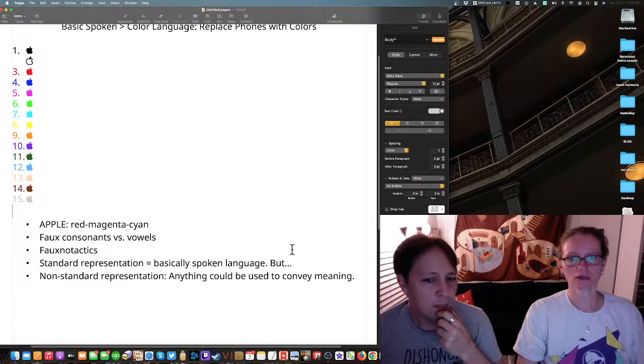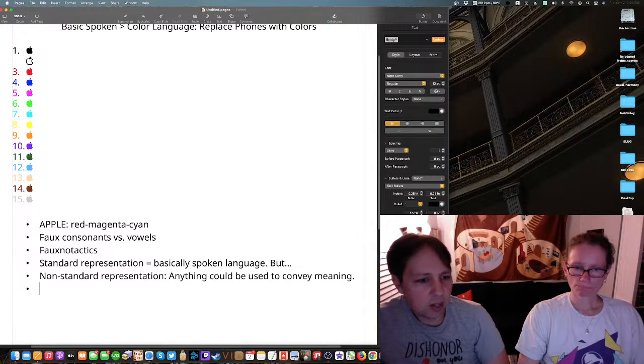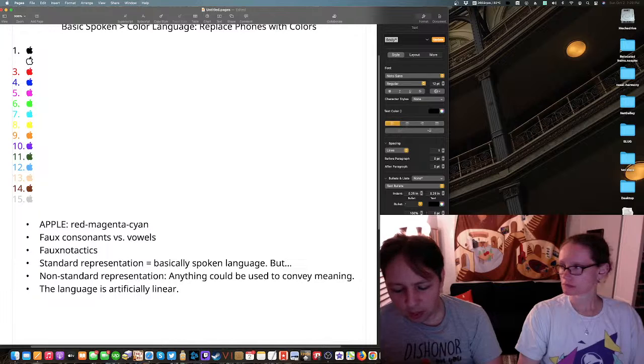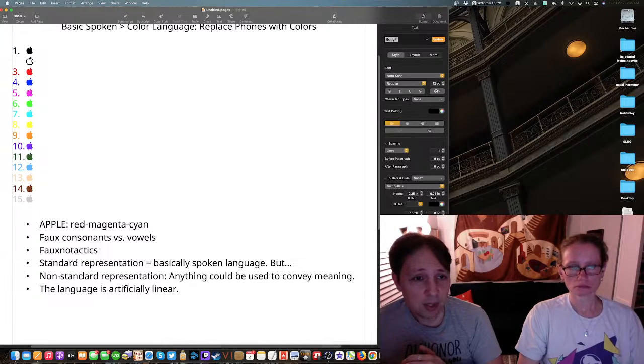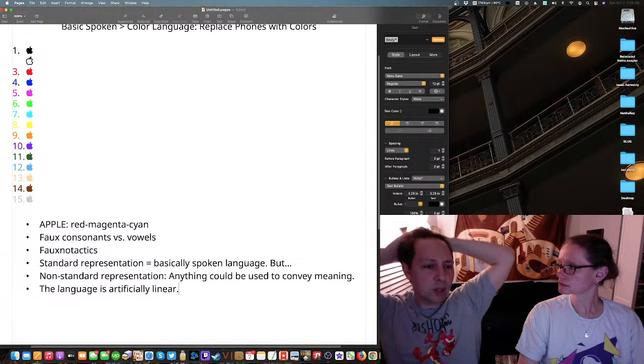Yeah. Okay. The one thing though is, as we are designing this, the language is, I'm going to say, artificially linear. With a spoken language, the spoken languages are naturally linear, and they kind of have to be, because they're bounded by time, and that's the thing that's putting linearity on spoken languages.